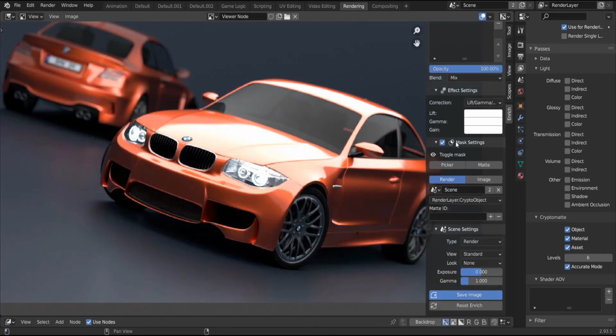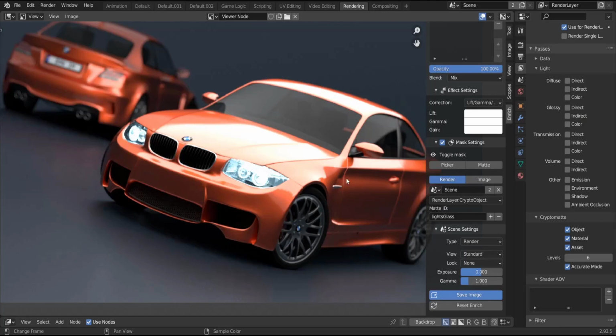And as you can see, we are presented with the new Cryptomatte node that comes with Blender. This Cryptomatte node is much more powerful than the previous one. We can add objects or materials to this mask simply by clicking on the plus button and selecting the object that we want to add. So in this case, I want to add the headlights of the car, and that's called lights glass. So I can select that. And as you can see, that effect gets applied only on the selected area.